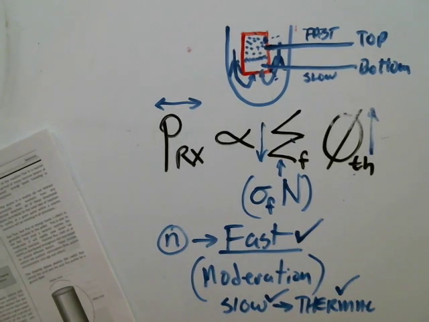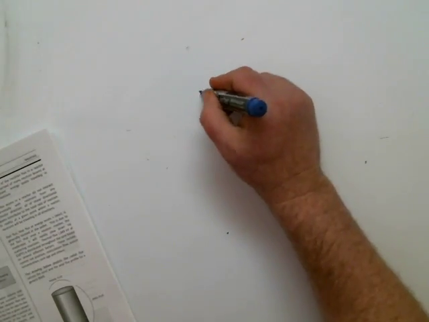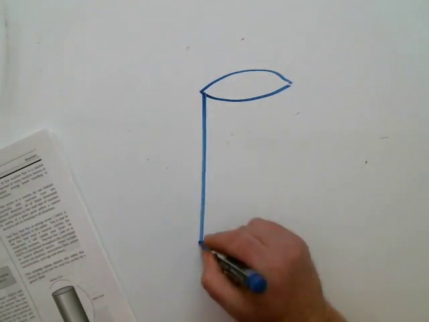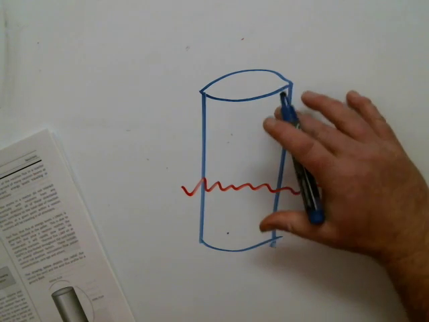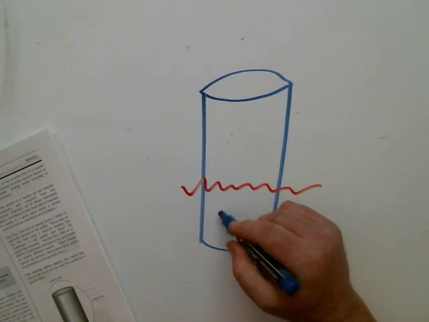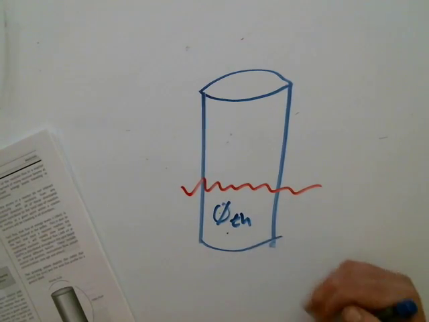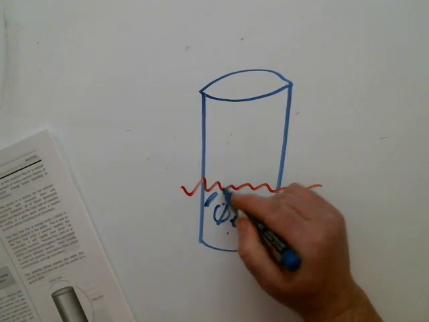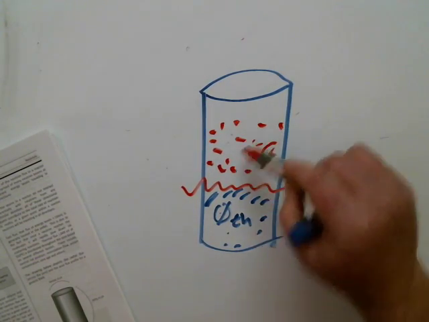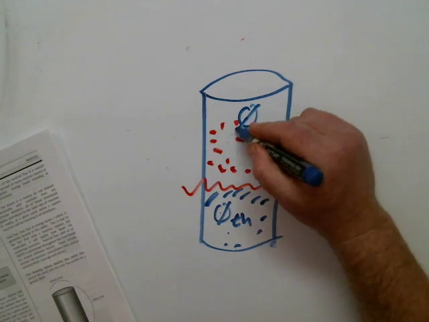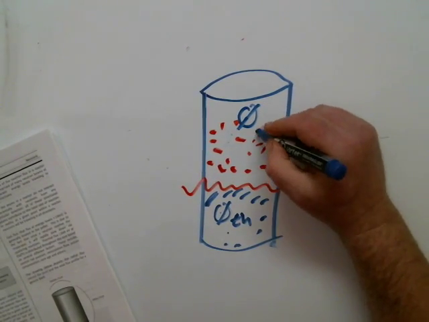Very key. So when we talk about neutron flux, we can talk about where the flux is located. We can talk about, as I look at the entire core, I'll just put a right circular cylinder here. This is the core that I just had. I'll actually put a boiling boundary. We could talk about how fast or thermal neutrons are divided. I would expect more thermal flux here below this boiling boundary where I know that there's water. Here there's steam. So I would expect up here to be more of a fast flux, right? This will be a fast